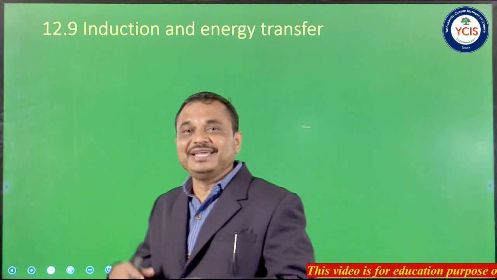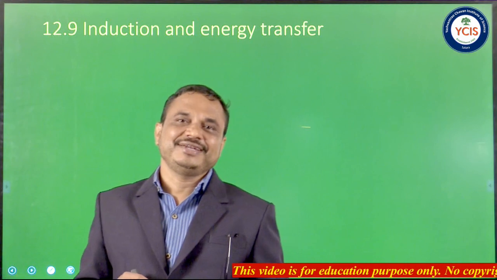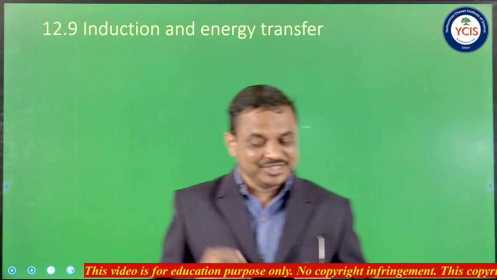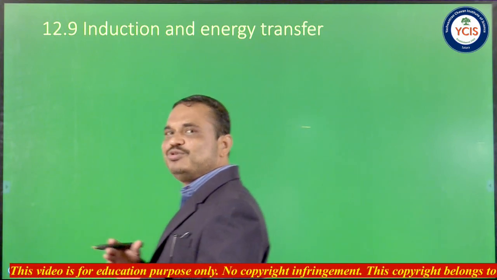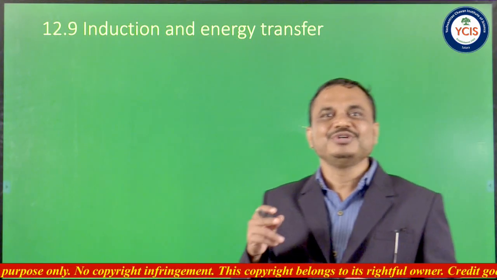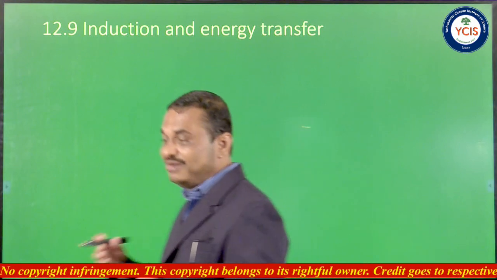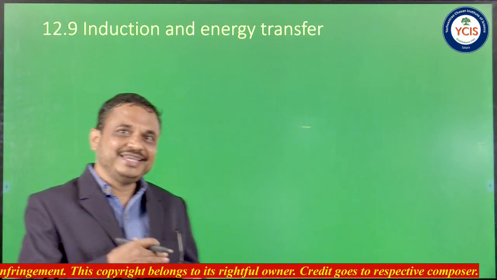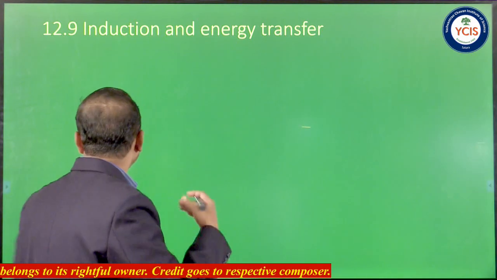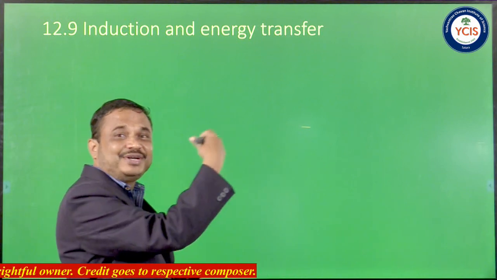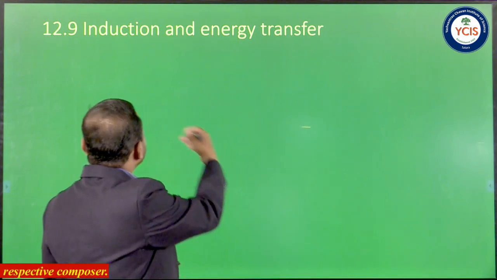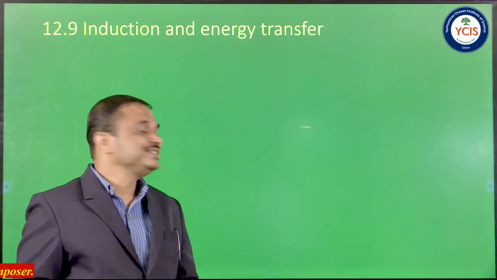So here mechanical energy can be converted into electrical energy. The current is flowing through that conductor, but that conductor has some resistance, and when some current I flows through that resistance R, there will be production of heat according to Joule's law of heating effect. So here mechanical energy is transferred into heat energy. We have to discuss how the mechanical energy is converted into electric energy and electric energy is converted into heat energy, and in this article we discuss that energy transfer.